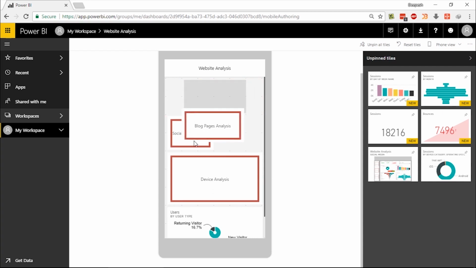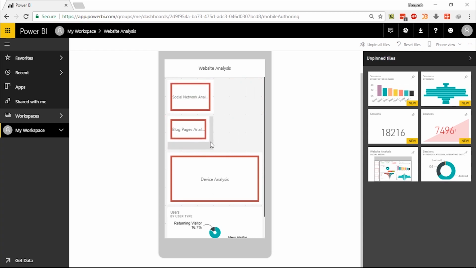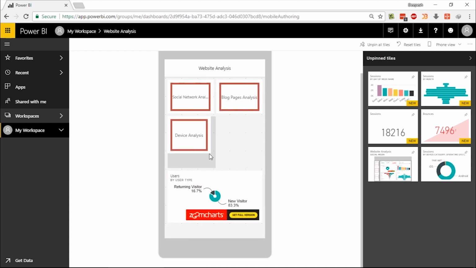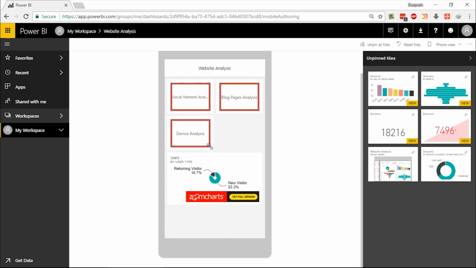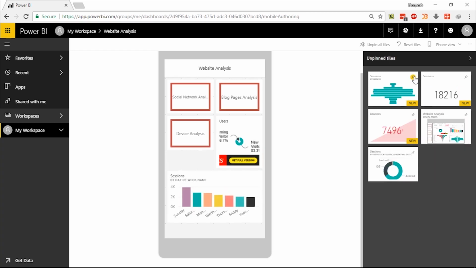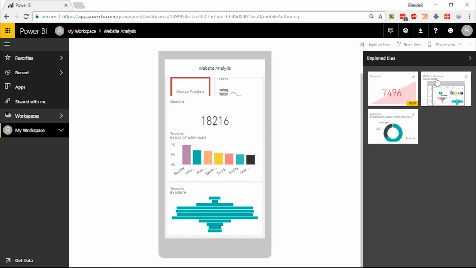Just try to make changes as per your choice, like this. There you go. If you have another 4 buttons, you can add one more here. I'll just add my drill down donut up here. So you have to use it as per your requirement to make it more visually attractive. I'm just showing you how this thing is done. There you go. Then some particular numbers up here, just like that.